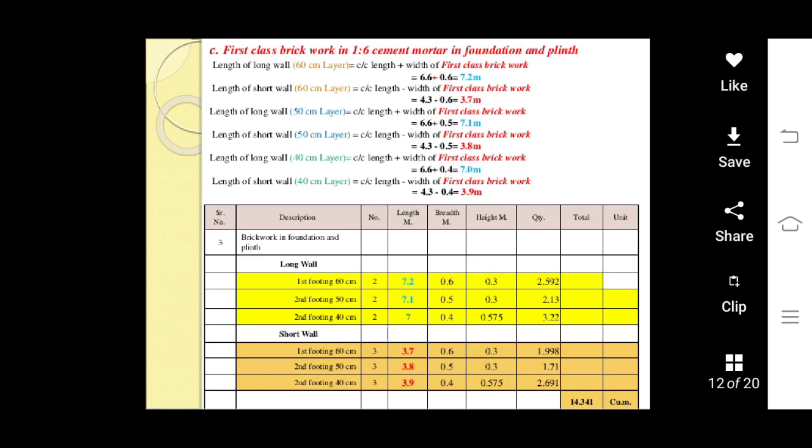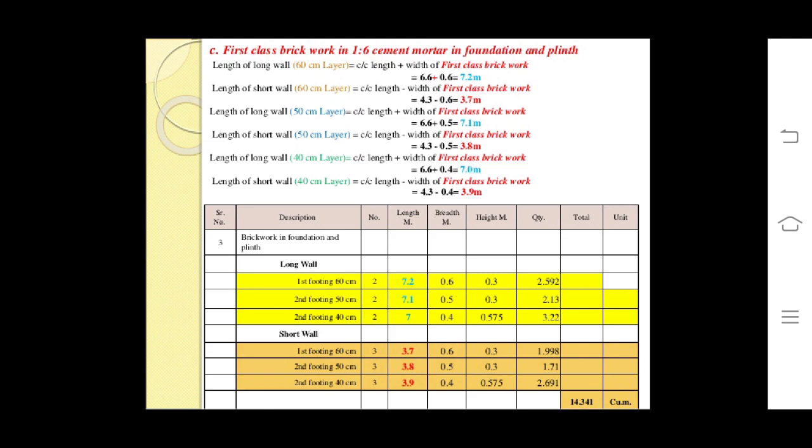Now entering all these values in measurement sheet, for long wall having 60 centimeter, 50 centimeter and 40 centimeter, the length of walls are 7.2, 7.1 and 7, and breadth are 0.6, 0.5, 0.4, and height are 0.3, 0.3 and 0.575. The total quantities for long walls are 2.592, 2.13 and 3.22,